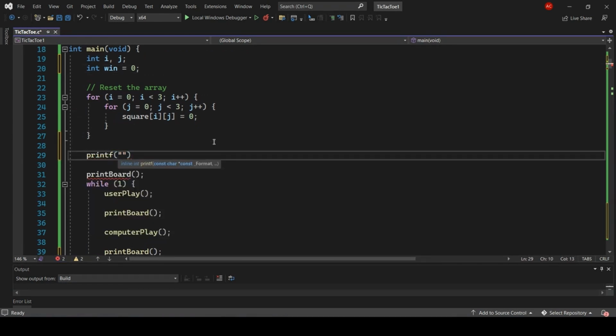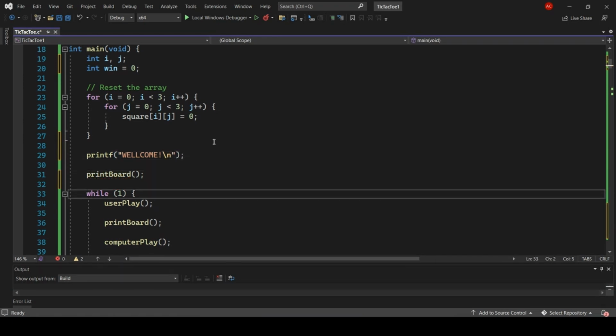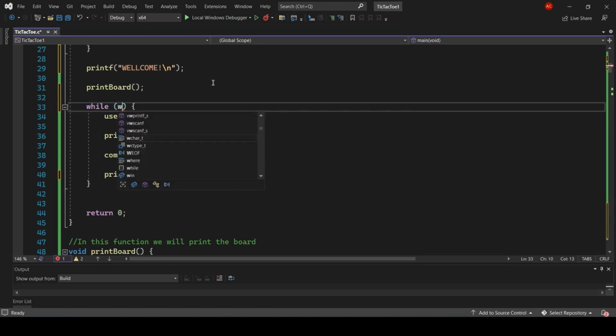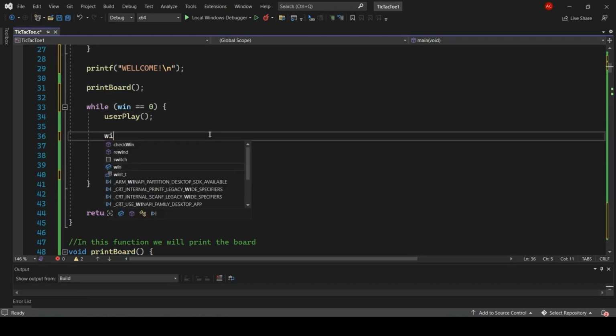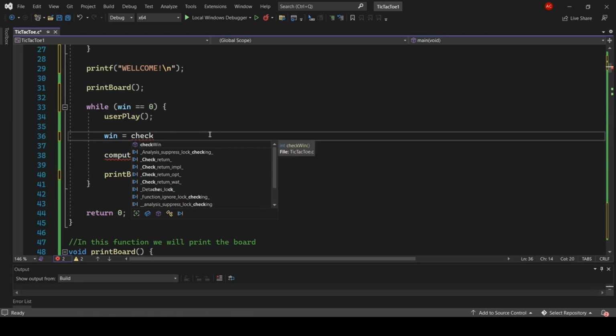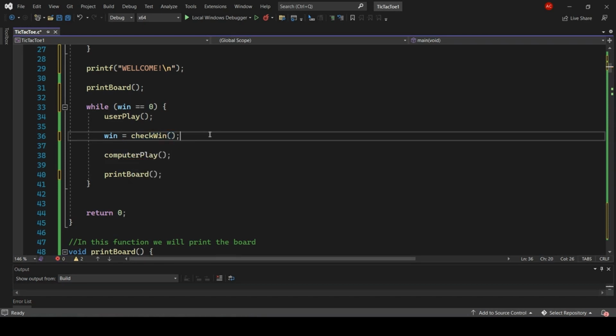Now, all that's left for us is to arrange the order of actions in the game. We will arrange the inscription so that the user can understand how to play. In addition, we will use the check win function, to see if the user won, or the computer. And finally, the user is given the option to choose whether to play a new game.